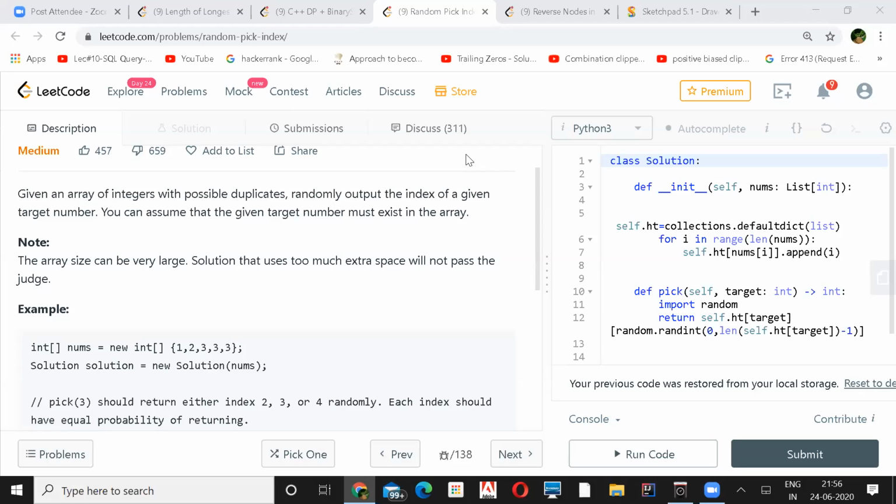Say, don't use any random function like the one you used. Can't we just return the first found index? I think it should pass, right? But that will not ensure that we are returning with equal probability, because in the question it is given that we have to return with equal probability. Suppose 3 occurs 100 times.